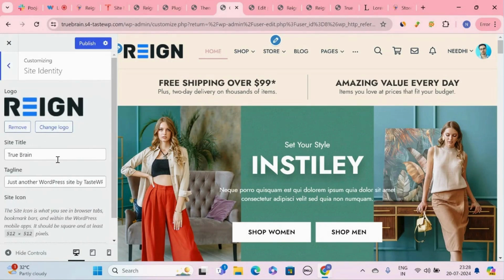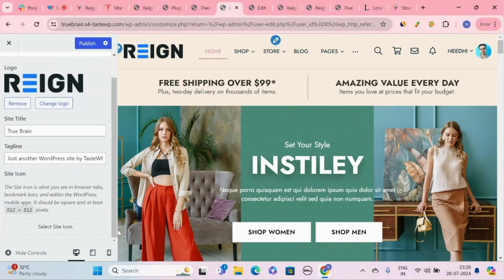Here you can set your site name, the tagline for your business, and select the site icon as well.